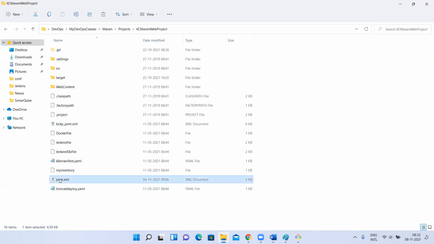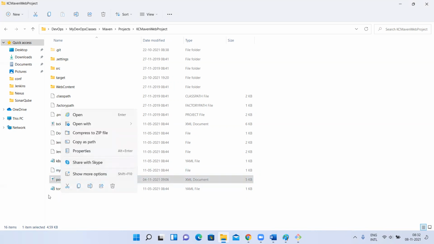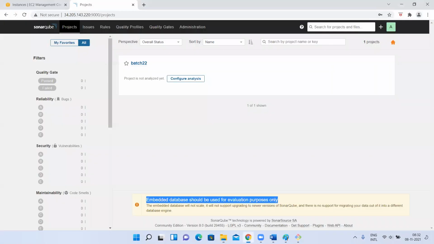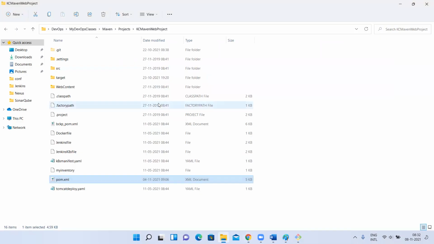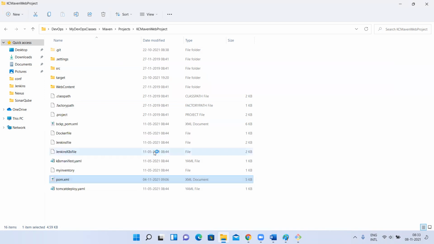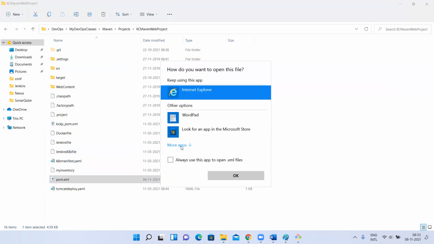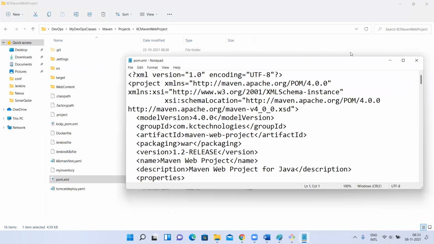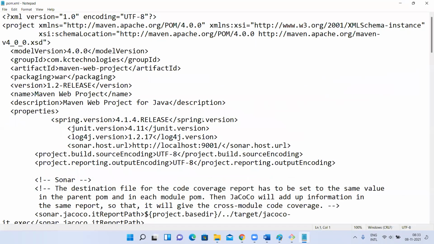Okay. Now what I'm going to do is open my pom.xml. Right. You remember one thing. If you want to integrate SonarQube in your projects for code quality analysis, so far I have a project and I have a SonarQube, but there is no link between those two. I want to create a link, meaning I want to integrate them, right? So if it is a Maven style of project, I'm going to integrate it in the pom.xml. Let me use this notepad for now. All right. Okay. Let me open this.